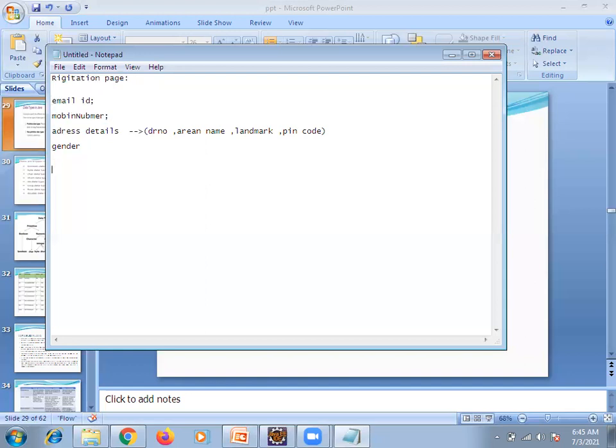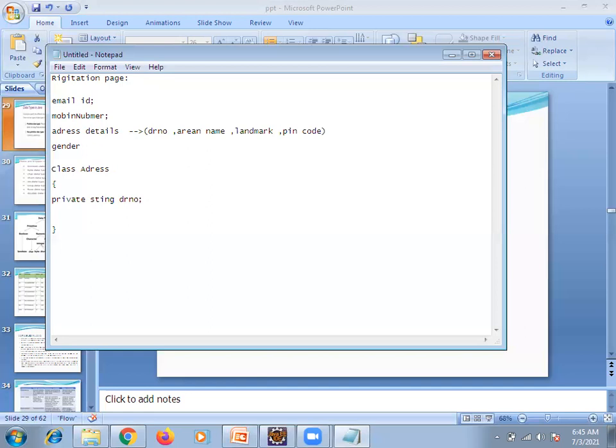Now what I am going to do is class address. First I need to define class address. First, what we need to define? Private string door number, done.